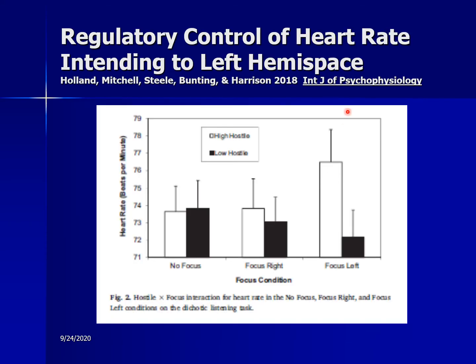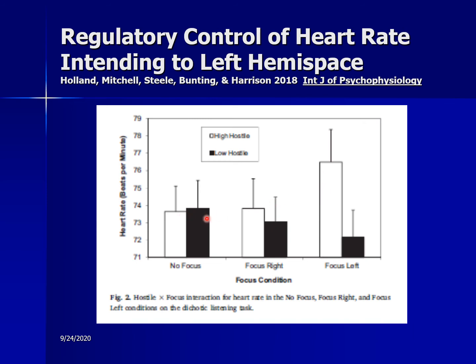And here's what we find for heart rate, sympathetic drive. In our hostile violent prone folks, when they shift their focus to the left ear and they use the capacity of their right frontal lobe, they lose control of their heart rate. Now, you would think that would be the easiest thing in the world for you to do, but you have quite a bit of capacity in your frontal lobe. With minimal capacity, shifting your intention to the left ear allocates resources for that and takes it away from keeping your heart rate and blood pressure under control.